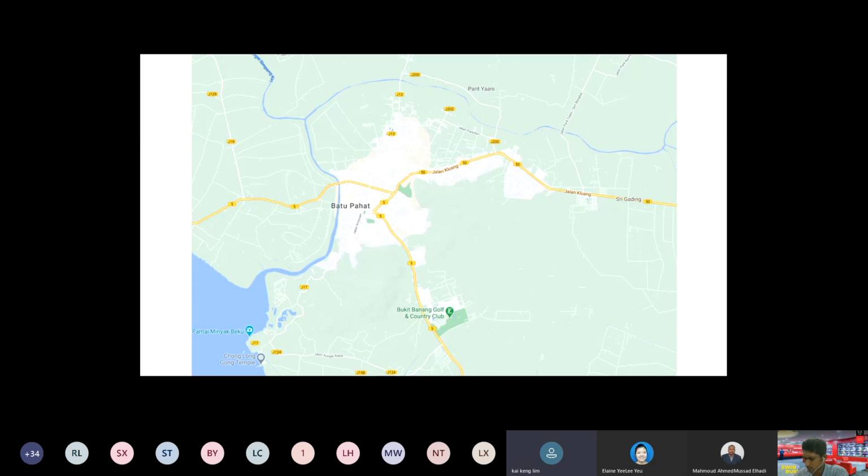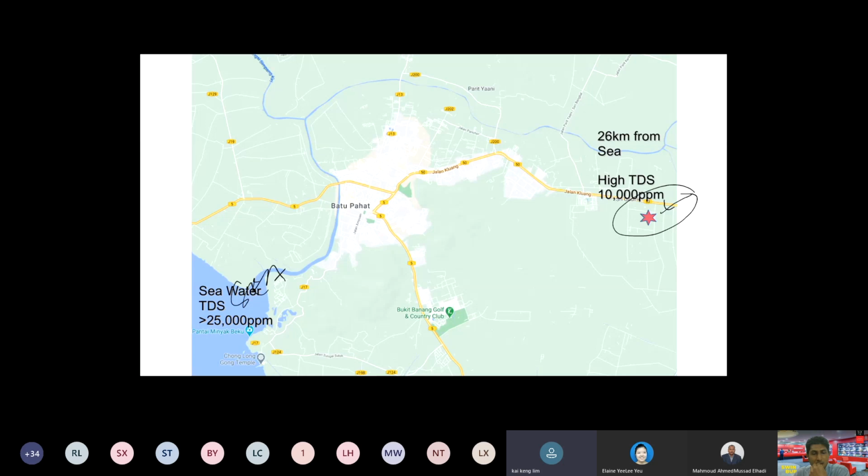So this is the town of Batu Pahat. Does anyone know what is the total dissolved solids for seawater? Anyone? You don't know, huh? Okay. Look at the star. This star is the industrial area of Batu Pahat. It's about 26 kilometers away from the sea. Okay, so now I give you the answer, which is above